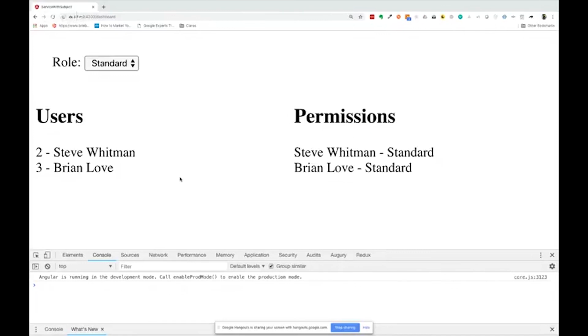And then from those actions, you're going to create reducers. How does that affect then my state in the store? So on the role change, that one's really not going to have a reducer, but it's going to have an effect. Okay, so effects handle my asynchronous effects that happen in the application. And so that would be the one that would be calling to the service.